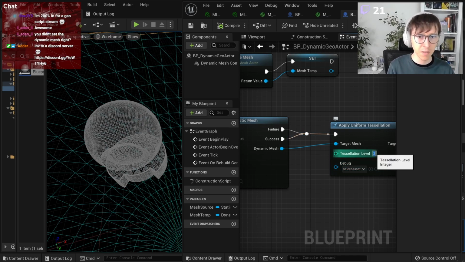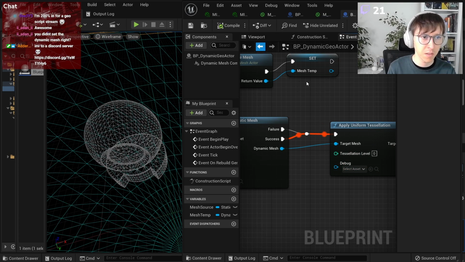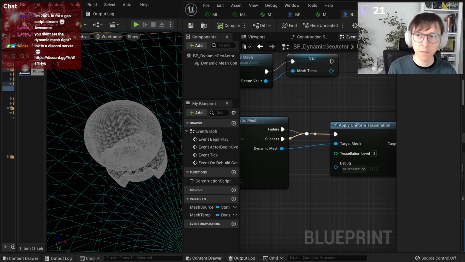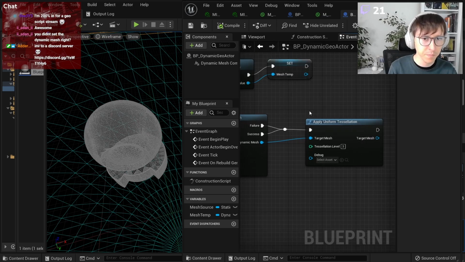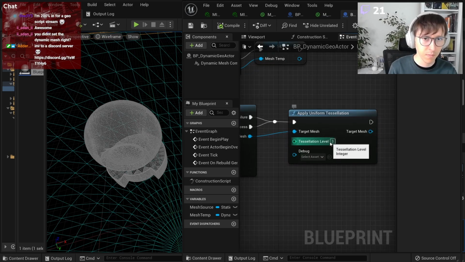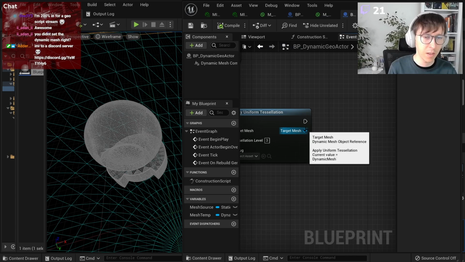Much denser, right? Tessellation 0, standard. Tessellation 3, dense. So now I can take this mesh and do